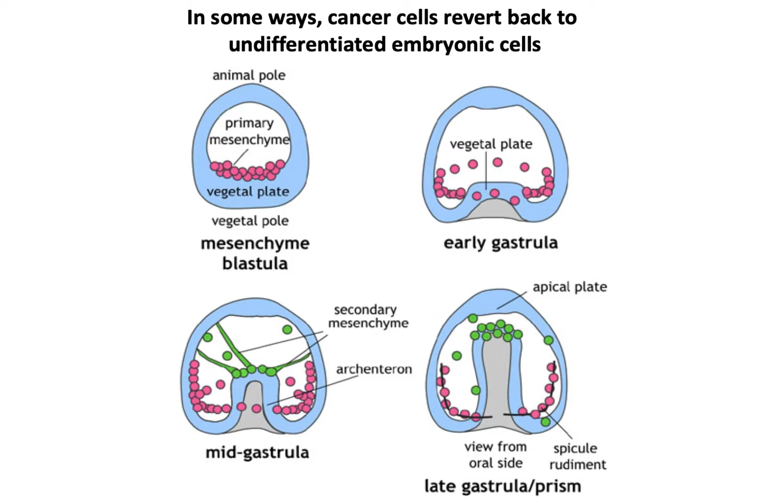Remember from last time, or one of the previous presentations, when you have the mesenchyme in a blastula, some of these cells start to move around in early gastrulation. And by mid-gastrula stages, they not only are moving around in the organism, but they're acting on different tissues to cause them to grow into certain formations within that organism. So some of these cells, when they become cancerous, do the same thing. They start to move around in the organism. That is, they metastasize easily.